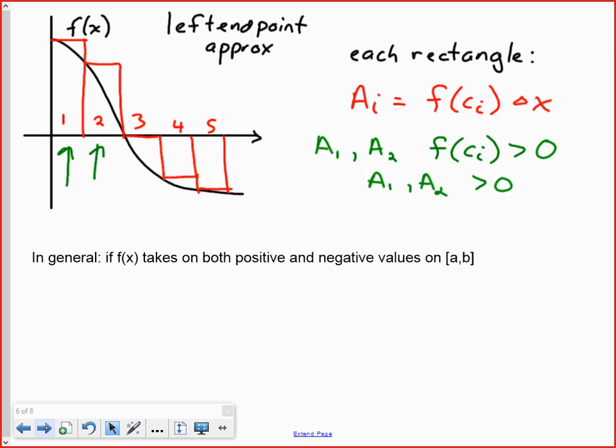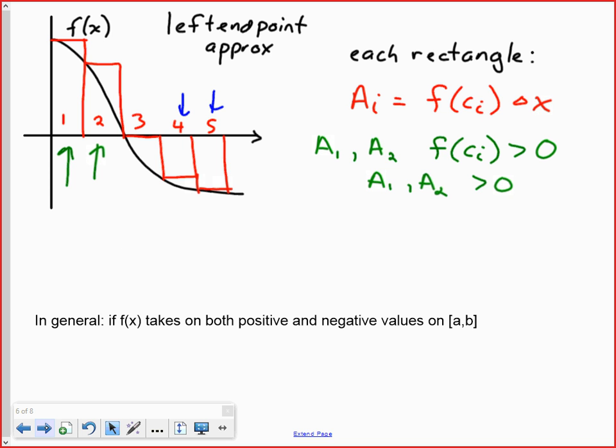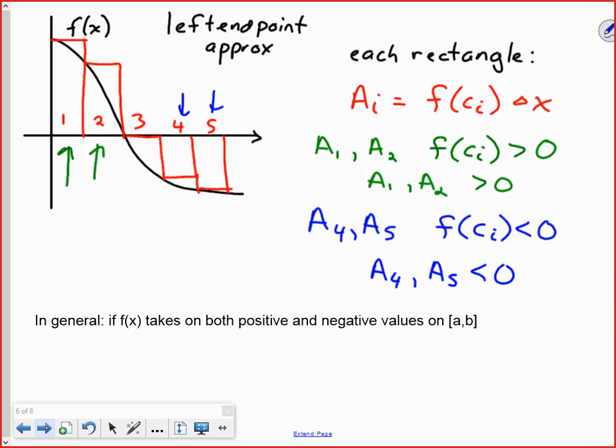But if we look at intervals 4 and 5, just give ourselves a bit more room here. The value of the function in those intervals is less than 0. So a negative number for f at ci multiplied by our delta x is going to give us a negative area. Okay? So in general, if our function takes on both positive and negative values on this interval